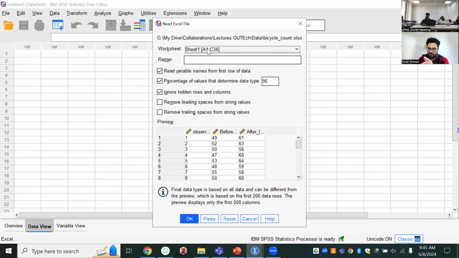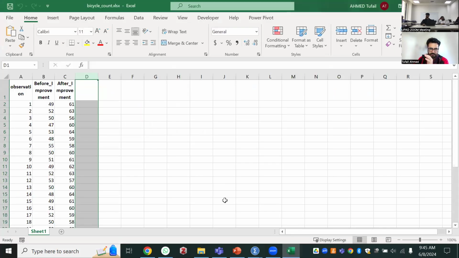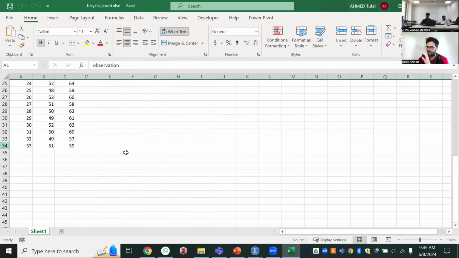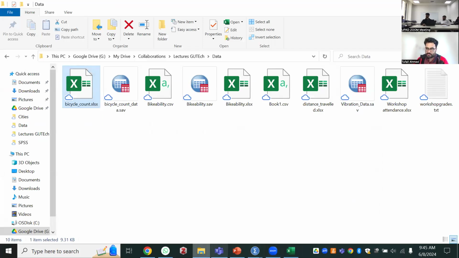And this A1 to C34 gives you the range of the sheet in Excel. So it's 34 data points in that.